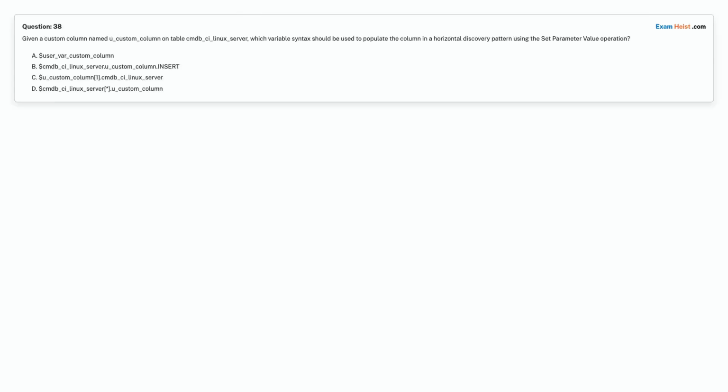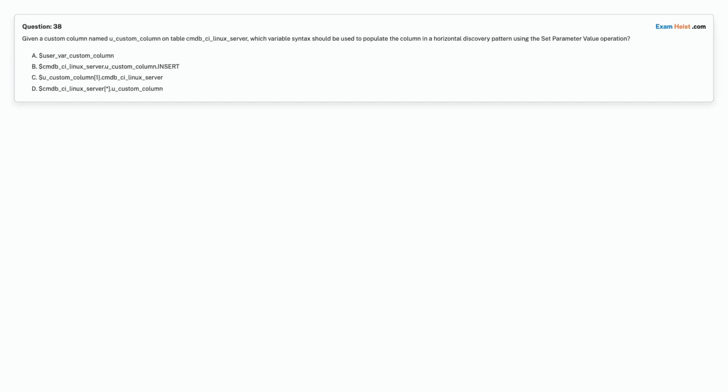Question 38. Given a custom column named u_custom_column on table cmdb_ci_linux_server, which variable syntax should be used to populate the column in a horizontal discovery pattern using the set parameter value operation? Option A, $user_var custom column. Option B, $cmdb_ci_linux_server.u_custom_column.